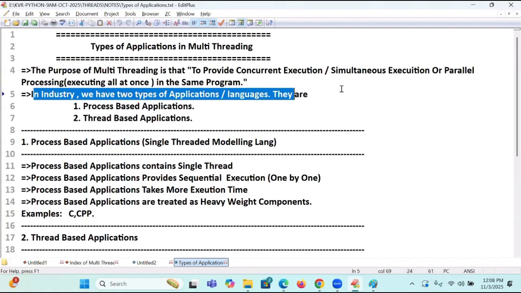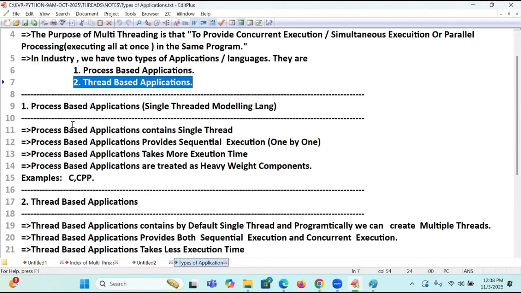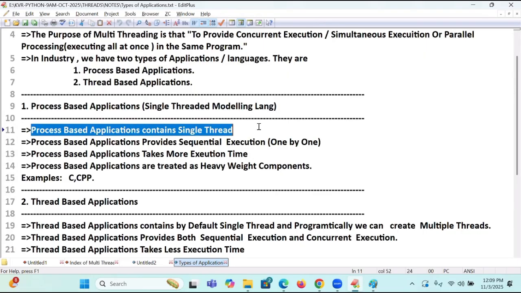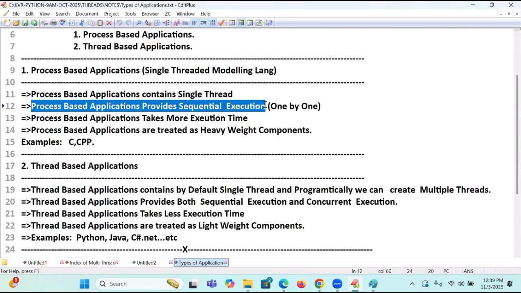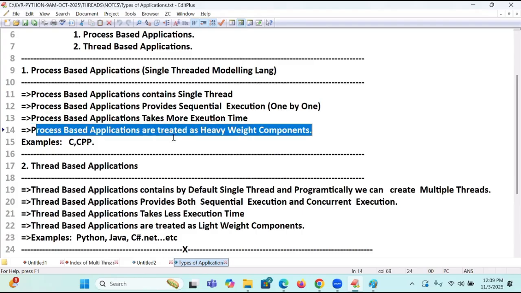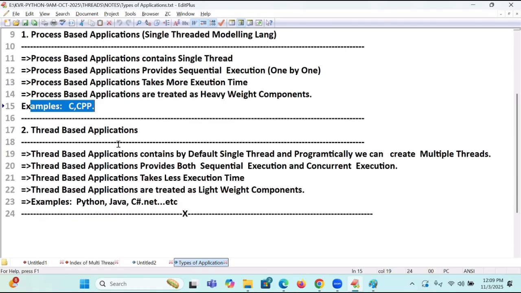We have two types of applications: process-based and thread-based. One is the process-based application, a single-threaded model. Process-based applications contain a single thread. Process-based applications provide sequential execution, that is, one by one. Process-based applications take more execution time. Consider them heavyweight components. Example: C, C++.